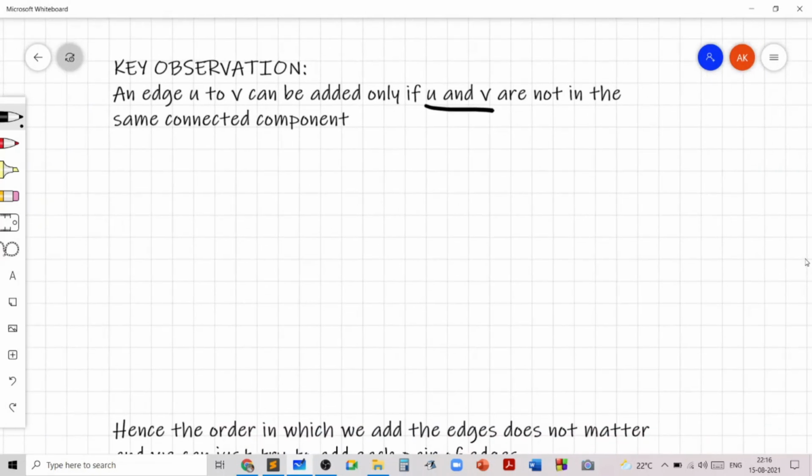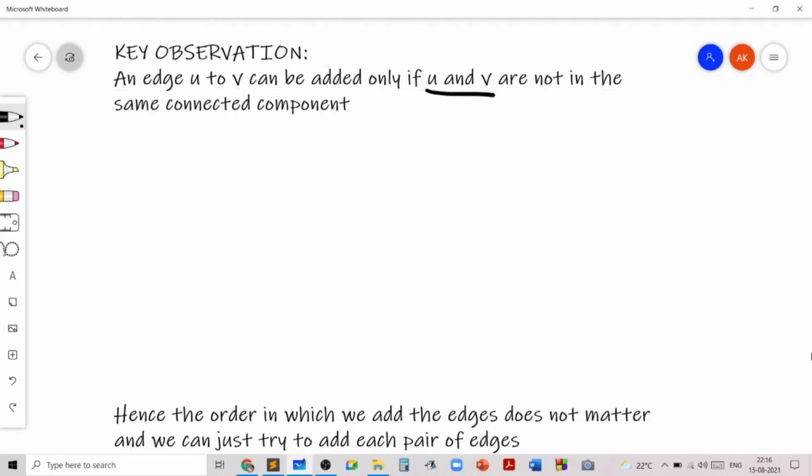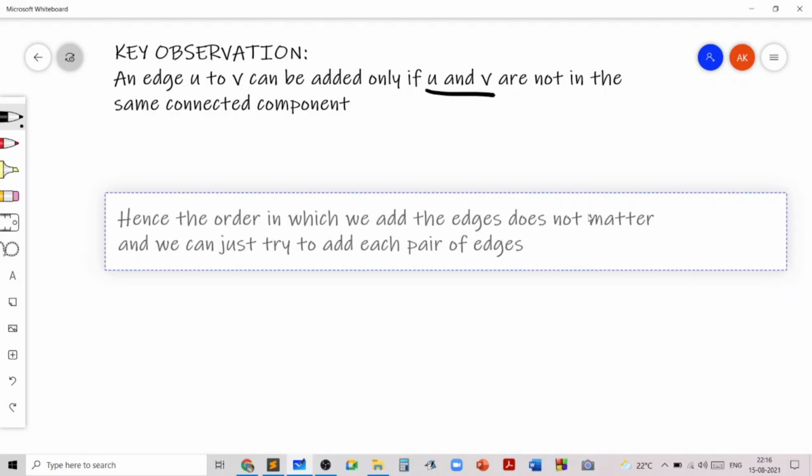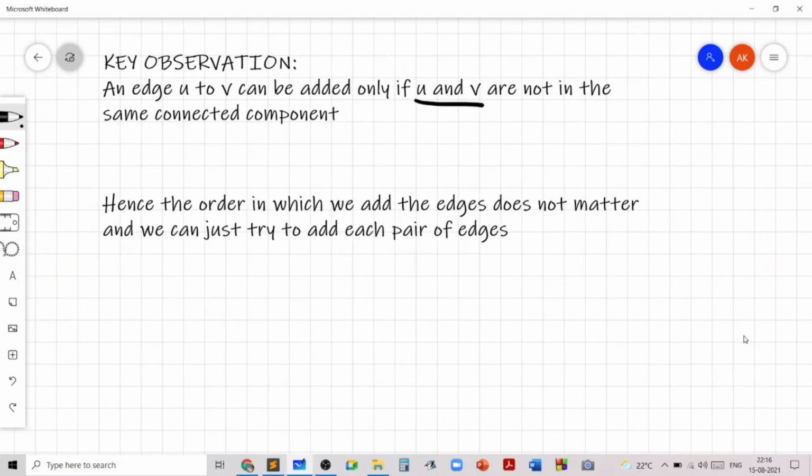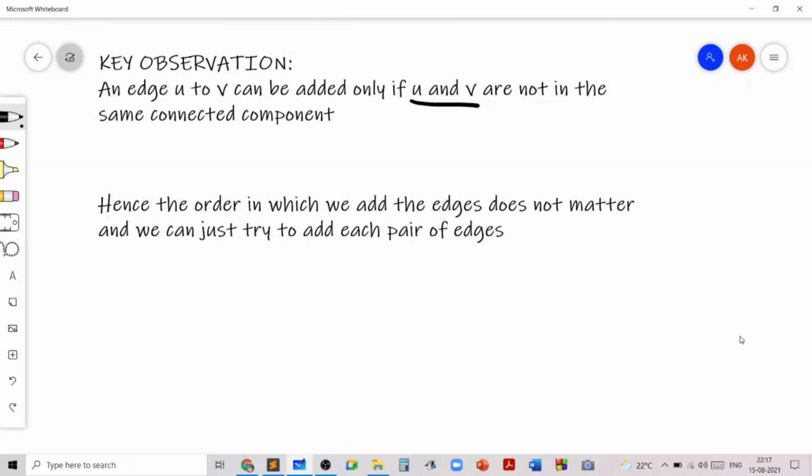The second key idea which built from this key observation was the fact that the order in which we add the edges does not matter. So why is this true?